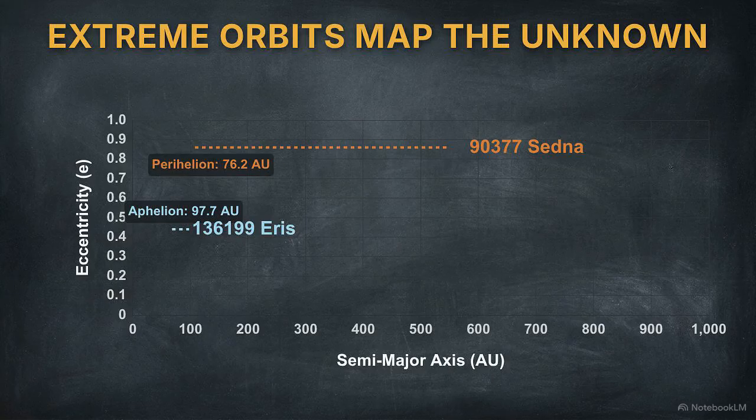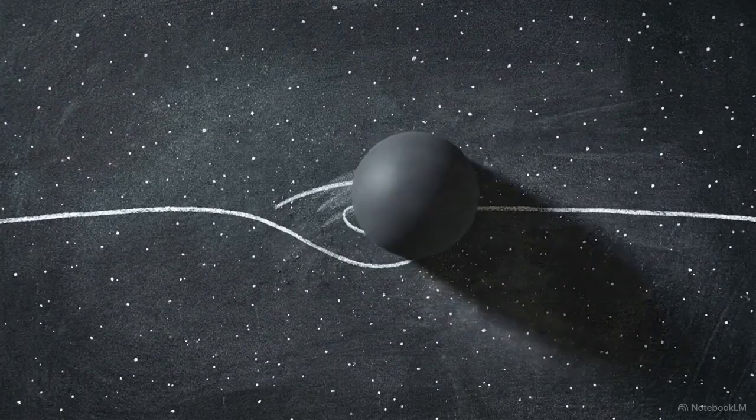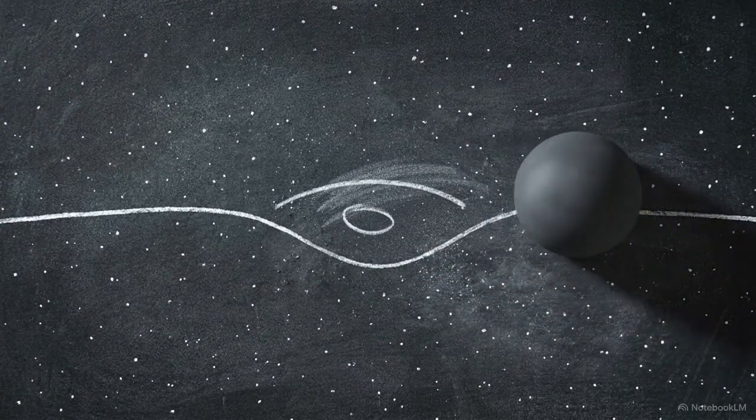Further still are the Sednoids. This completely separate, detached class challenges our understanding of the solar system's history. Sedna's orbit is a paradox. With a massive 0.86 eccentricity, its 76.2 AU perihelion creates a vast spatial gap where it never approaches Neptune's orbit. Because Sedna never interacts with Neptune, its extreme orbit must have been pulled by the gravity of something beyond the